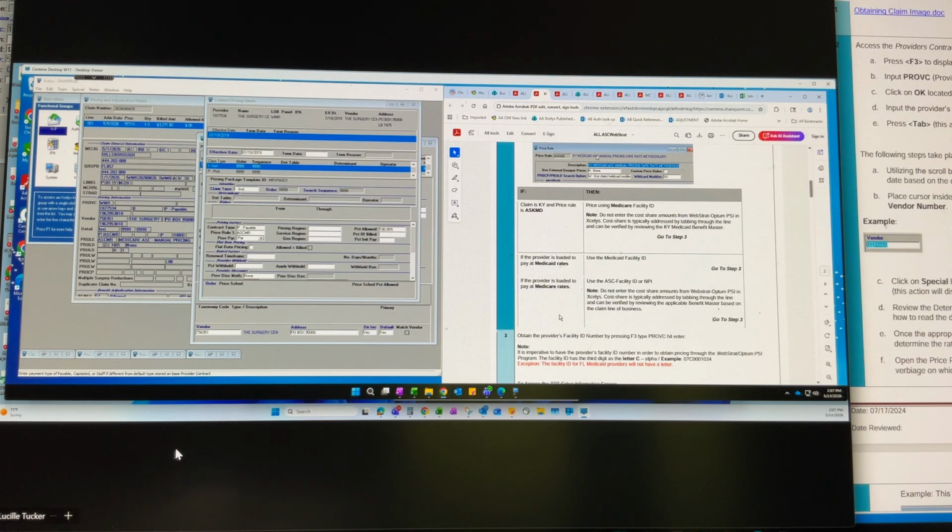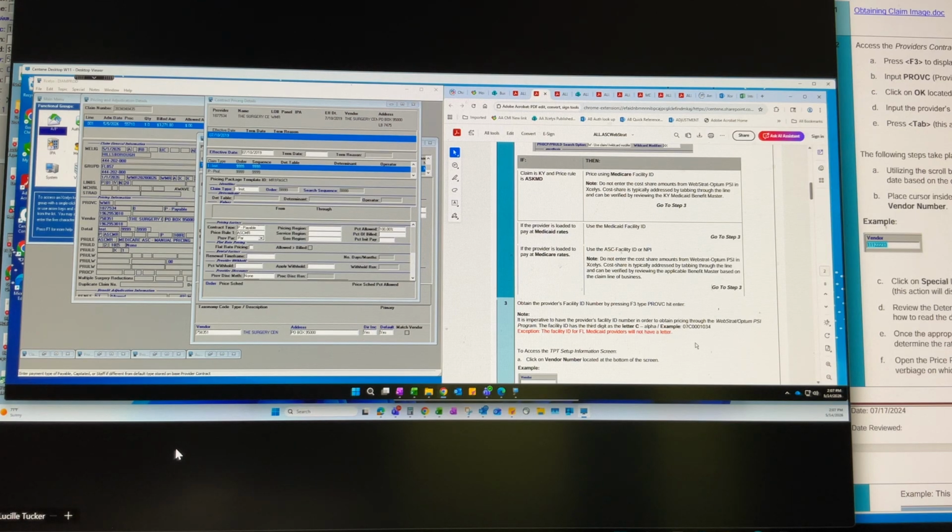So if we're talking about the FID, facility ID, that is the Medicare identifier number. When it is an ASC, it always starts with an O number, so it could be 10, 12, 07, then C, and then there'll be 3